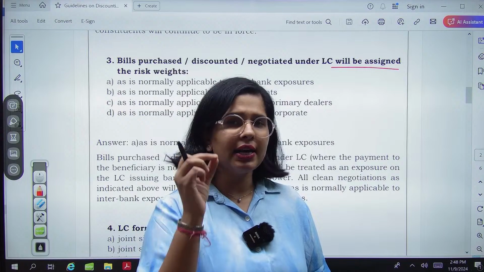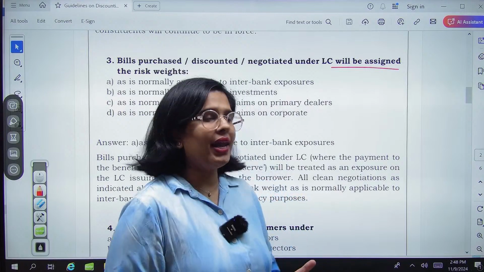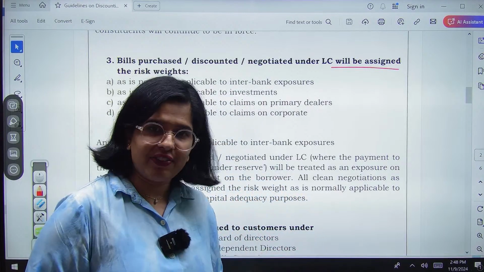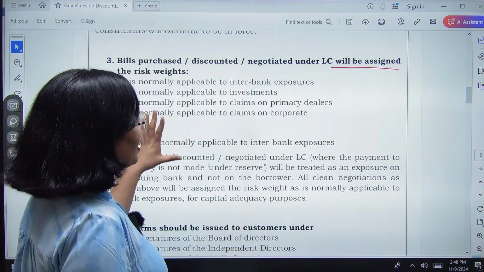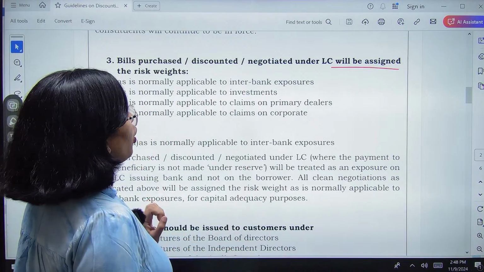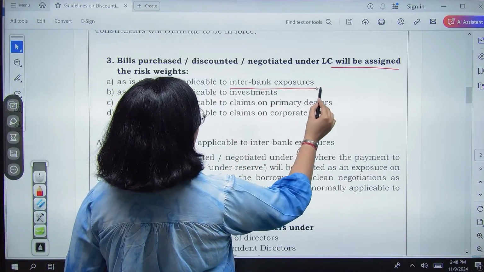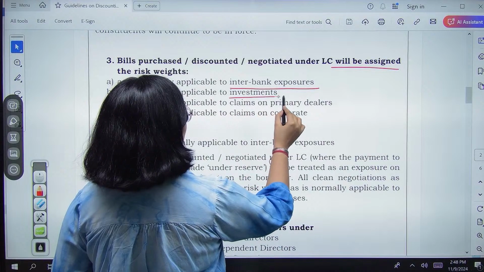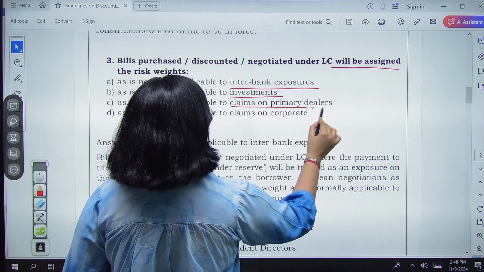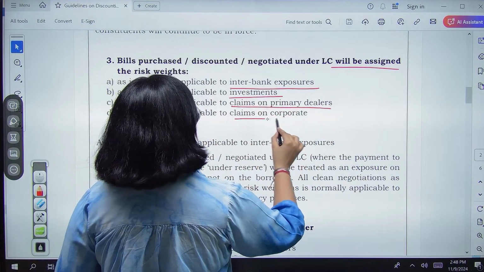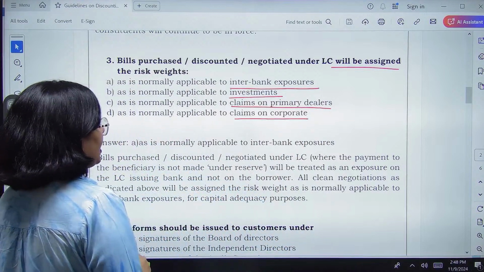So these are all the considerations that we do while extending letter of credit related facilities. पहली चीज तो ये. अब now let's look at the option. तो रिस्क वेट्स कैसे एप्लीकेबल होंगे? As is normally applicable to interbank exposures, जो investments पे applicable होते हैं, claims on primary dealers and claims on corporate, right? So over here, see,